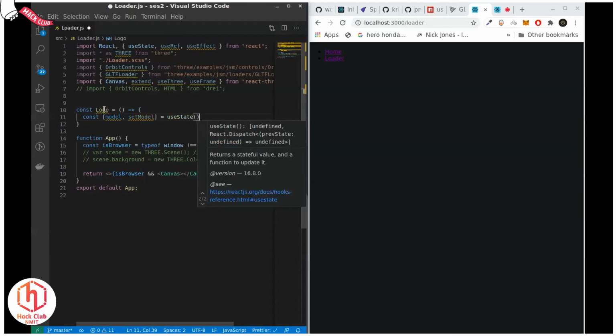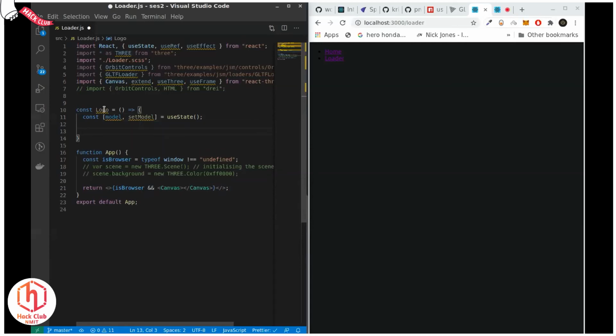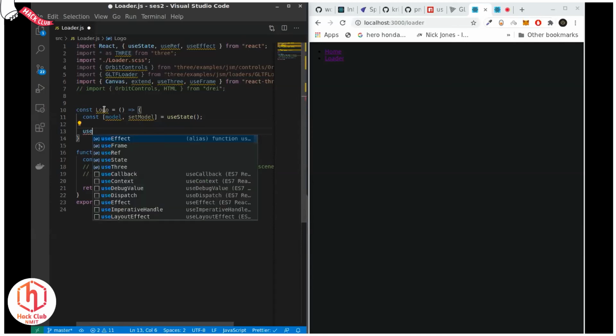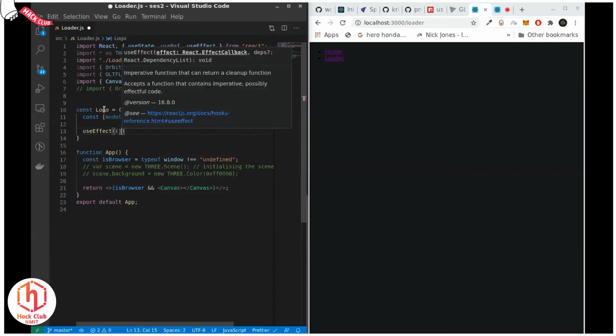Okay, so we have a hook here. Now we can't directly call the GLTF loader. The GLTF loader should be in useEffect. It's another hook of React. So let's just put useEffect here, and useEffect will take a function,